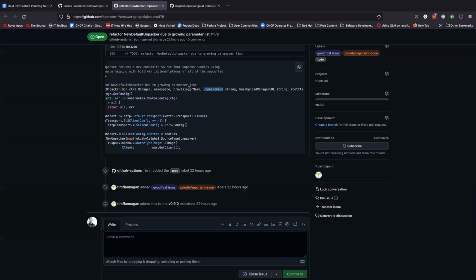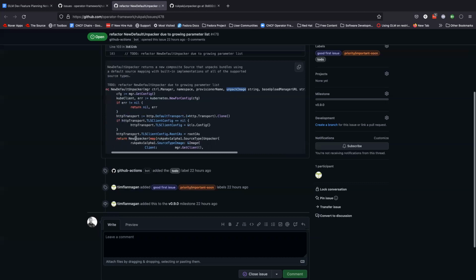But could it be like what we see here? We have this new unpacker. Could we make a default unpacker options that's sent in, and the only way to build that options structure is to go through the new unpacker options method, which would have its required fields? But then this function, I don't know if this is the function call we want it to be, but if what you're saying is that it's based on,